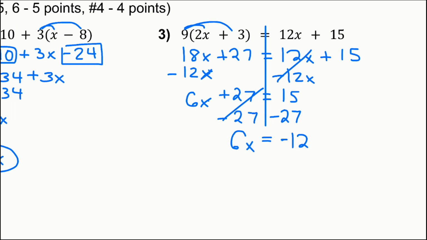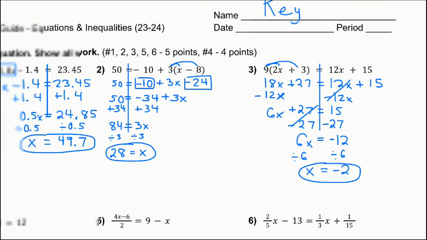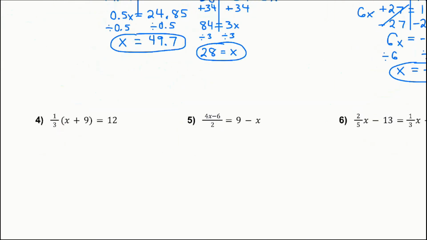Okay. So I subtracted the 27 from both sides and then just divide by the coefficient on both sides to get x is equal to negative... All right, there we go. That's 3. Number 4,